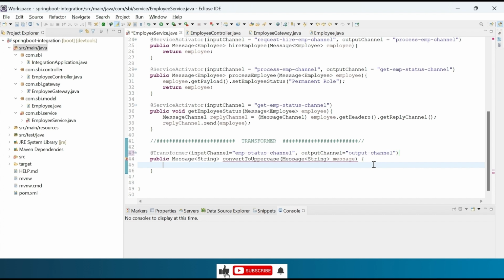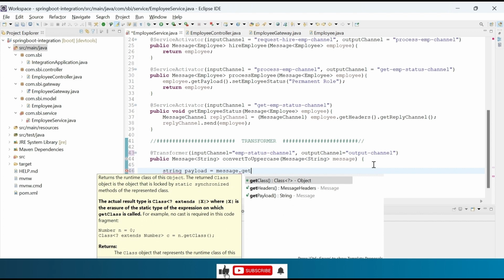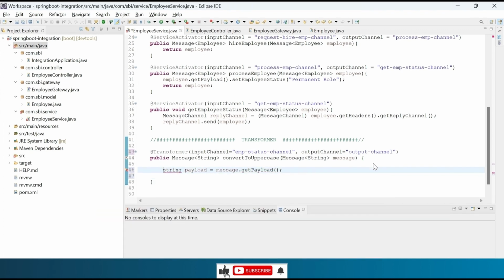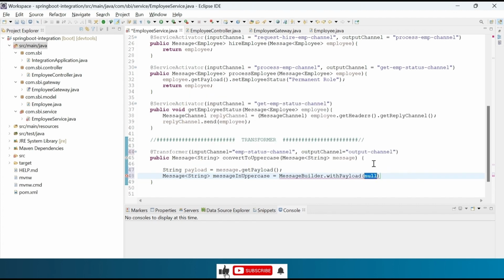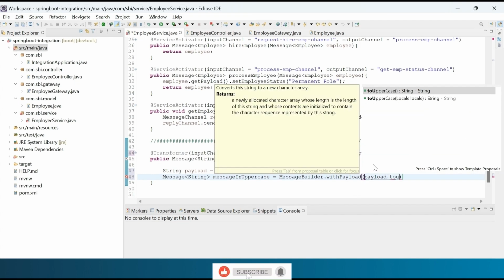Now, let's implement the transformer code. Fetch the payload from the message. Now create the transformed message using the withPayload method of the MessageBuilder class and pass the uppercase payload to it.